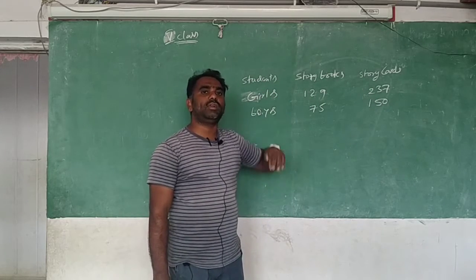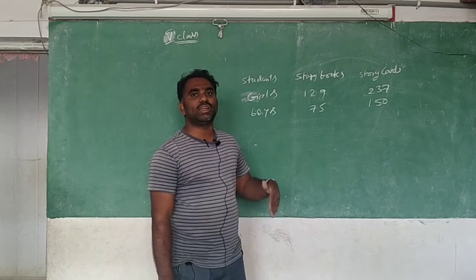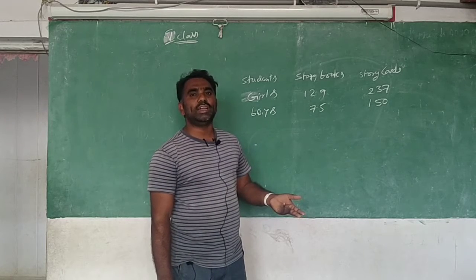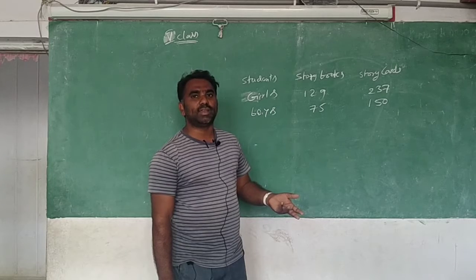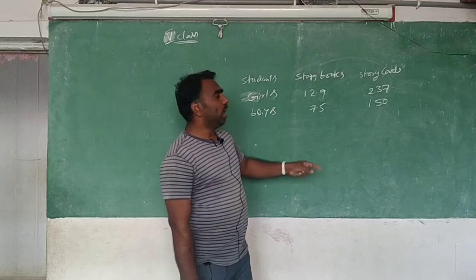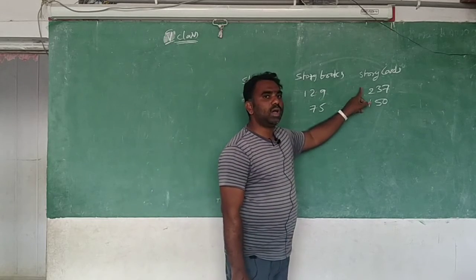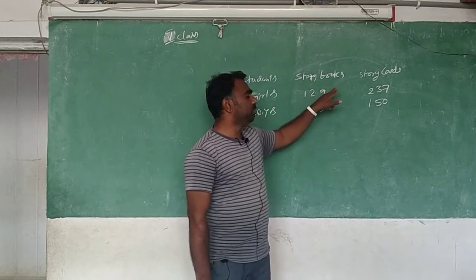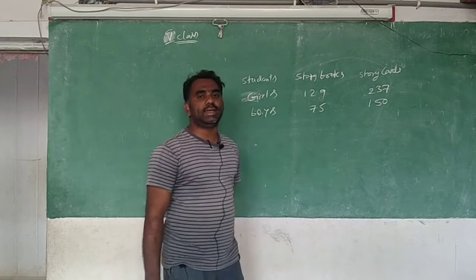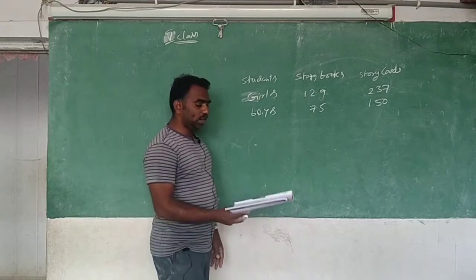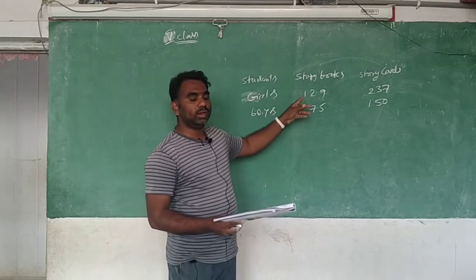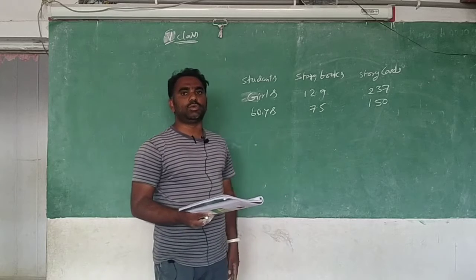You know what we need to do when they are asking total. Yes, what should we do? We should do the addition. Totally means compulsorily you should do the addition. So we need to add both, the number of story books and the number of story cards, and we will get the answer. Very good. You can do that and write in the textbook. In the notebook you do the addition and write the answer in the textbook.